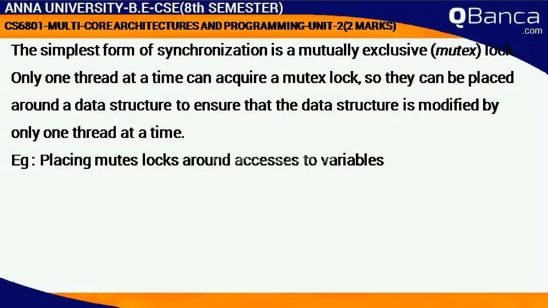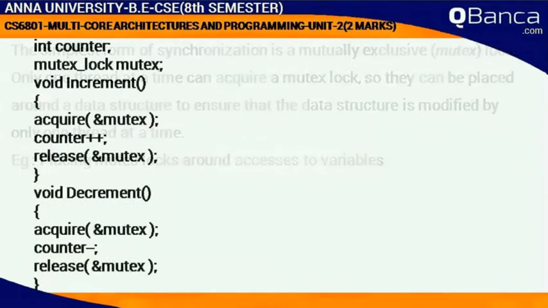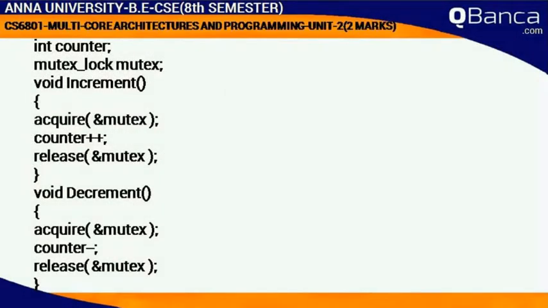Example, placing mutex lock around access to variables. int counter; mutex lock mutex; void increment function { acquire(&mutex); counter++; release(mutex); } void decrement function { acquire(mutex); counter--; release(mutex); }